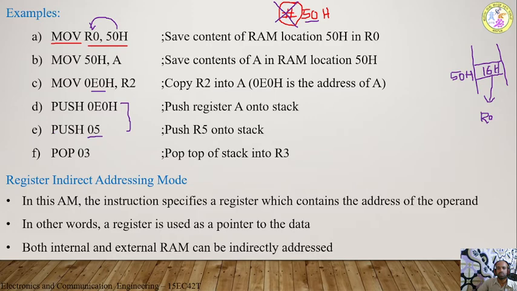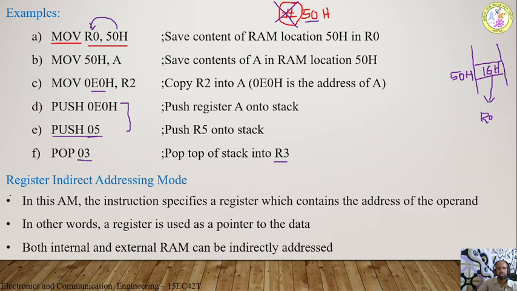Here it is written push 05. Push 05 means take the content of register R5, and that will be copied into stack. You can write pop 05 also. For example, here we have written pop 03. Popping means taking back the data. Take the top content of the stack memory and copy it to register 03. 03 is the address. We know that 03 is the address of register R3. So the top content of stack will be copied into the register R3.